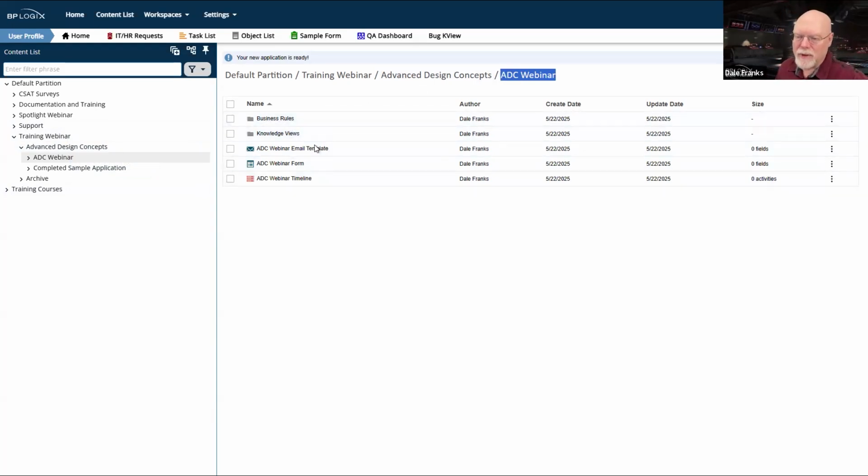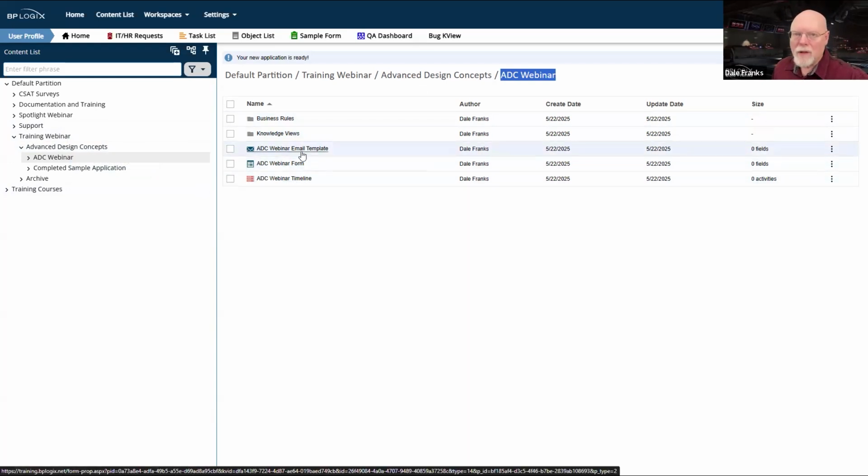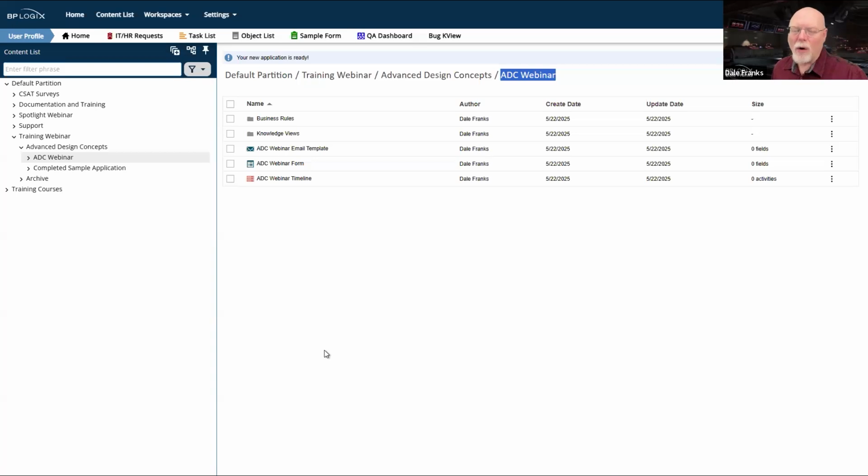And it's going to give me my form and my process timeline and my email template. They're all pre-built. They're all stuck together through all of the proper associations. So all of the initial form creation and timeline creation and all the other things that I need to do are all built into my application stub. So the best practice actually is to do something that we're not actually going to do today, which is to build an application stub inside your template library.